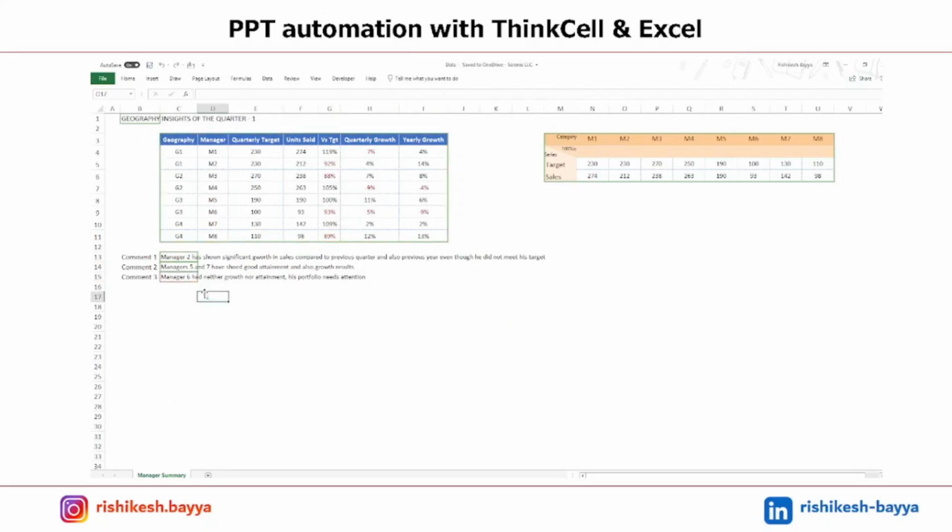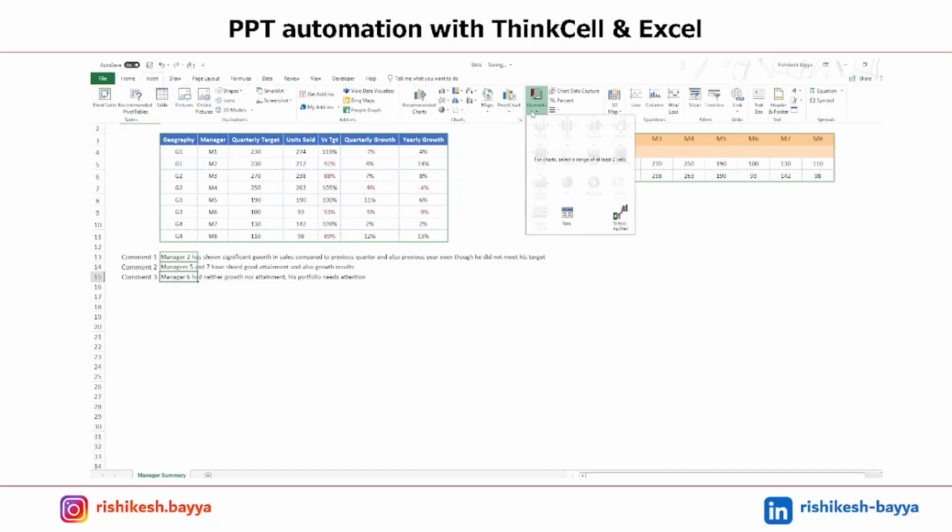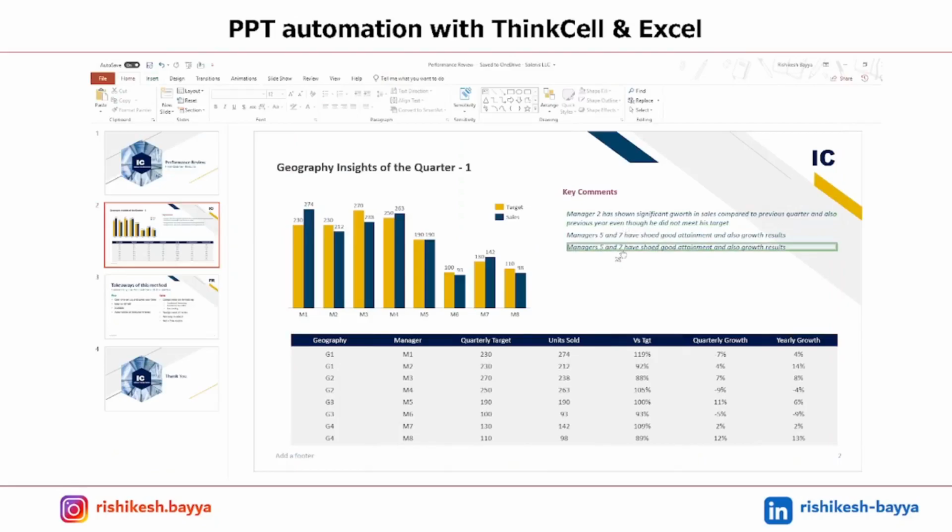now that we have copied the object, I'm deleting this for now. So we have to link that new comment object to the reference. So going to insert an existing chart. So I've selected this cell. So I want to refer this cell to an existing chart. So I'm just clicking on this. This should update. Didn't happen. Yeah, updated. So then the comment is updated, right?